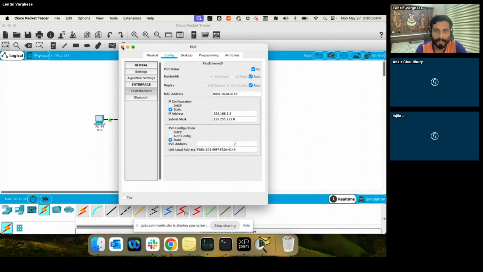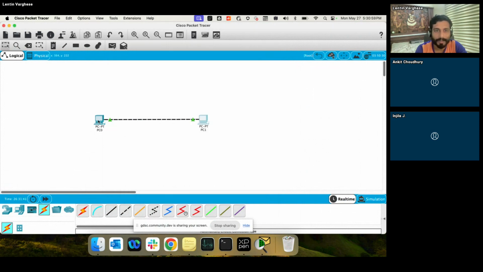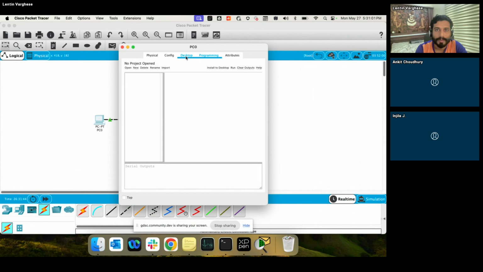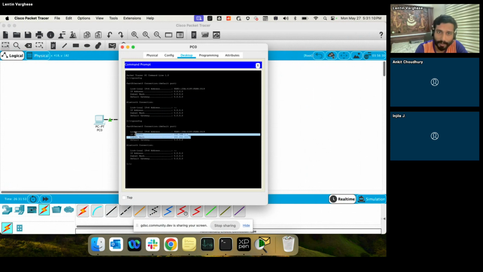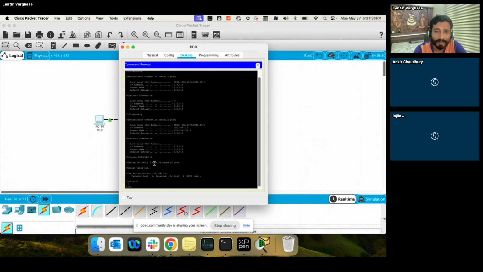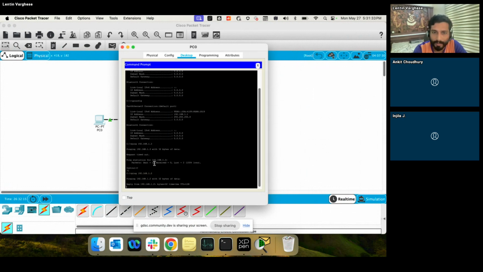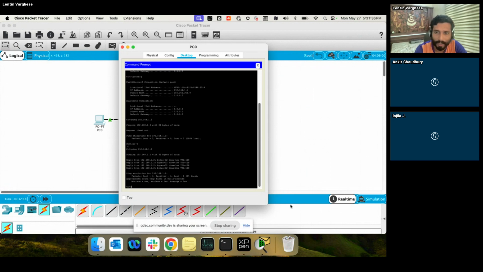Okay, now we have an IP address, right? Now I can check the IP address in this computer, and if you notice, the IP address is configured now. To check the connectivity with the other computer, as I was saying, we can use ping 192.168.1.3. It's failing, right? Because I put the wrong IP address in the ping. If I stop that and change the IP address, you will see that it's working. We are getting a reply.